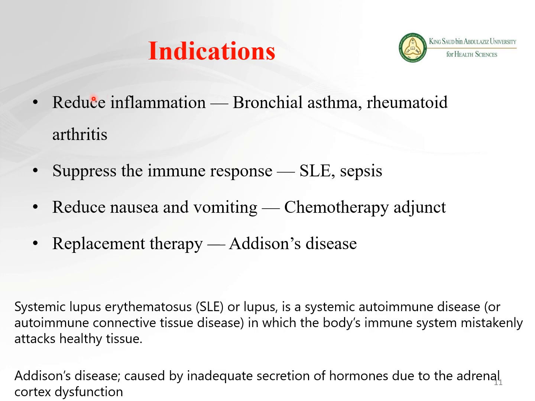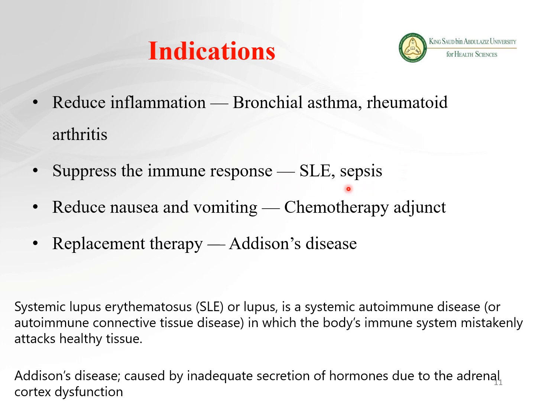Indications, therapeutic uses: it can reduce inflammation. That's why it can be used in bronchial asthma and rheumatoid arthritis. So arthritis, because of its inflammation, it's very effective in asthma, but it should be used topically or in the inhaler form, not in the systemic form. We will discuss this in detail in the anti-asthmatic drugs. It can suppress the immune response, because it has an immunosuppressive action. So that's why it can be used in